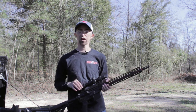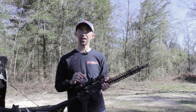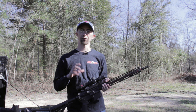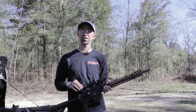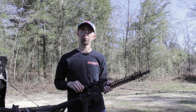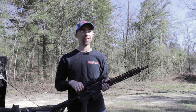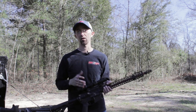This has the red triangle. Best thing about these TR24s is great glass. You can always depend on Trijicon for great glass, and also no need for batteries. Uses this fiber optic band at the top to illuminate the reticle. This is a triangle reticle, 4 MOA approximately, and one of the best reticles that I've found so far for